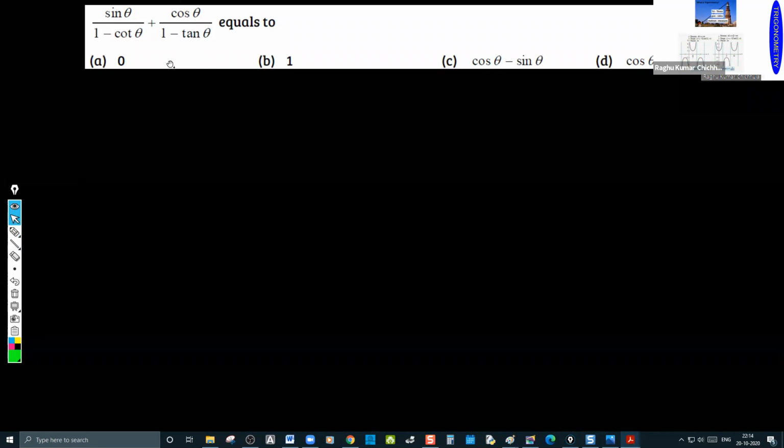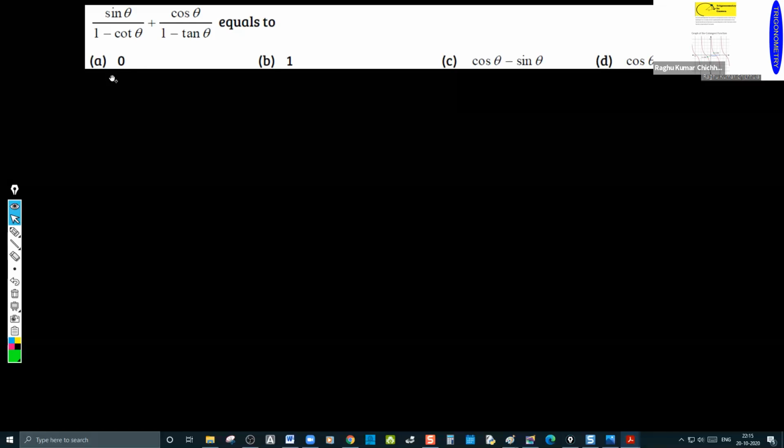Here also, of course, you can go for cross verification, but you should not give theta 45, because then this becomes 1, 1 minus 1, denominator 0, and here also denominator 0. That's the reason you should not put theta 45 degrees. You can give any other value that defines it. You should not give theta 90 in this case, or theta 0 in this case. You can give any other value instead.